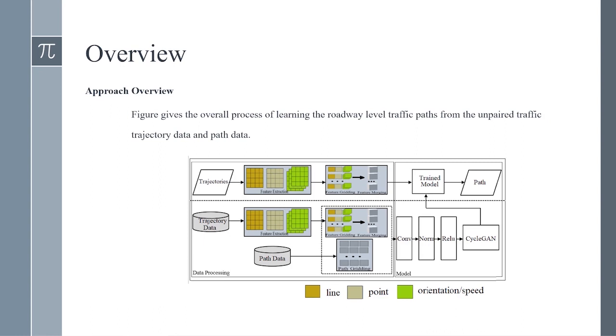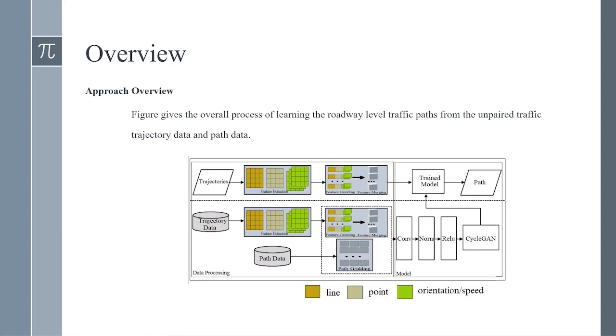The image gives the overall process of learning. The road-level traffic code pairs from the AIS trajectory data and path data. As shown in the figure, the model consists of two components: the collision line and the single-gun structure. This structure makes the model able to return the